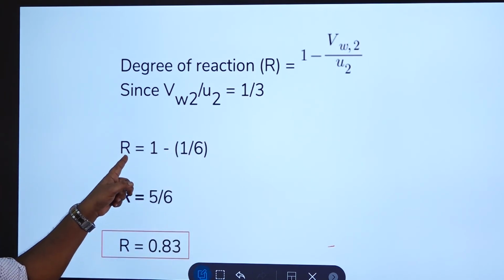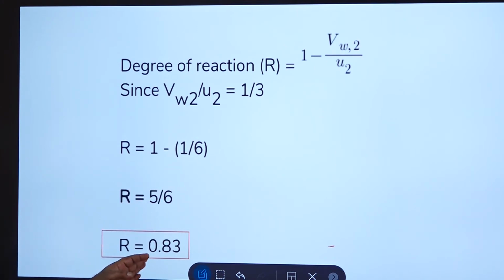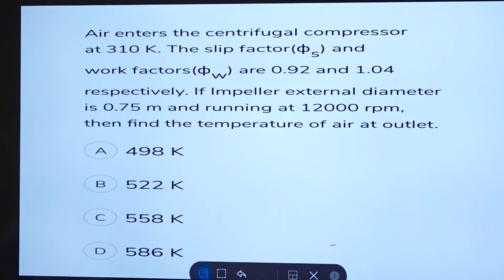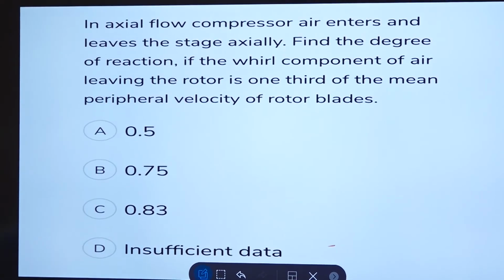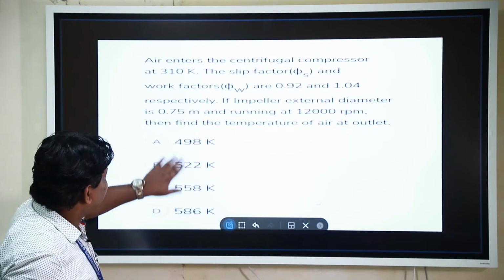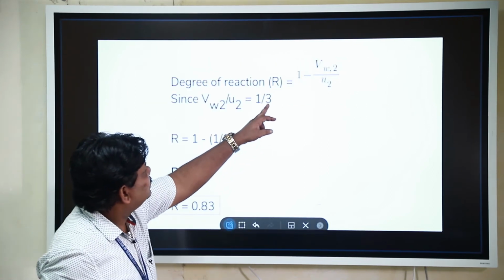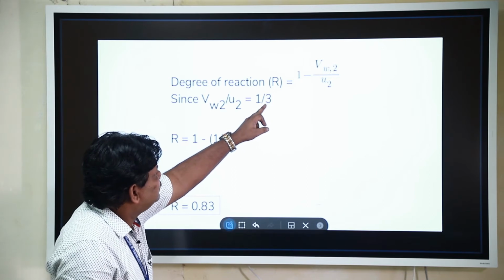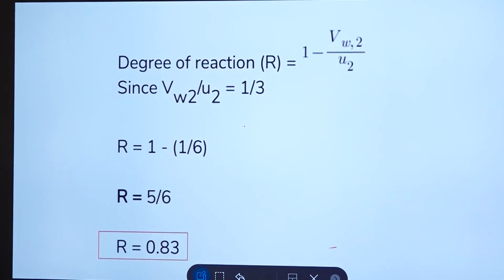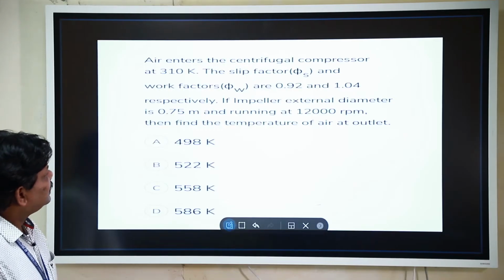So when you substitute the value, R is equal to 1 minus 1/6, you will get 5/6, which is nothing but R is equal to 0.83. So the answer is 0.83. Okay, so the mean is given to you. In that problem, if the mean is given to you, it becomes 1/3, that means 1/6. So you will get the value as 1 minus 1/6, equal to 5/6, that is 0.83,